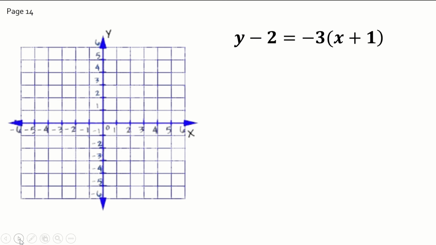The second equation reads y minus 2 equals negative 3 times x plus 1. I can quickly identify this as point-slope form. So to graph point-slope form, we want to plot the point and then apply the slope. y minus y1 equals m times x minus x1. If we isolate the variable y, once again we can get this in its simplest form, y equals mx plus b. So we distribute the negative 3,